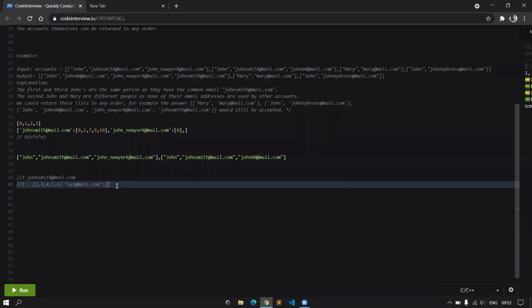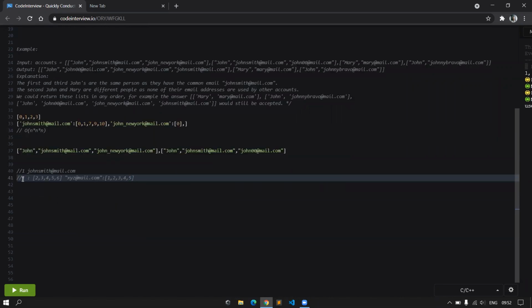Okay. If this would be a key, and then we would have, let's say, numbers as the values. In C++, this can be done using a vector of vectors, but this cannot be done directly using a vector of vectors, or else we will be using a vector of strings and iterating through the values.